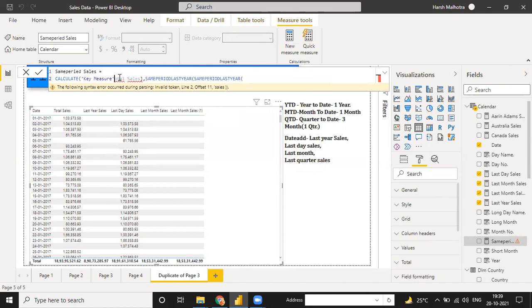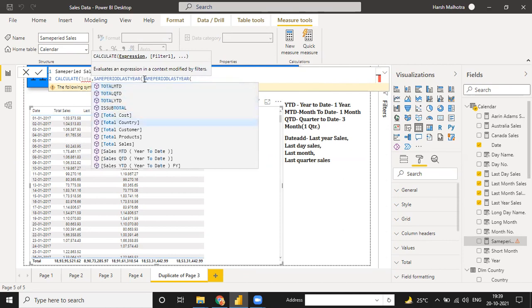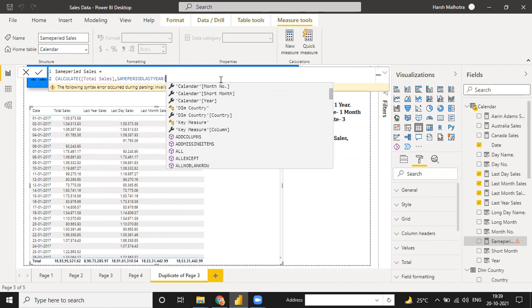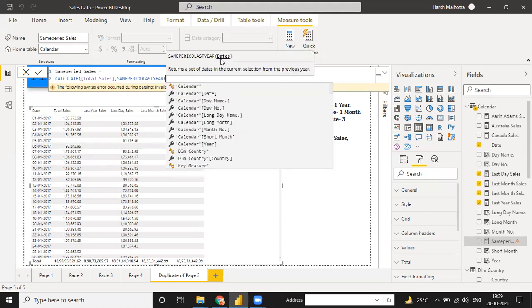Same period last year also gives you the value of the current month, year, and dates.